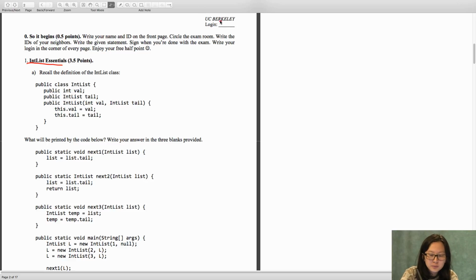Before we start, make sure you put your login in the top right hand corner because when we scan your pages, it's very unlikely, but sometimes we might lose a page and we need to be able to match your page with your midterm. So, number 1 is IntList Essentials,